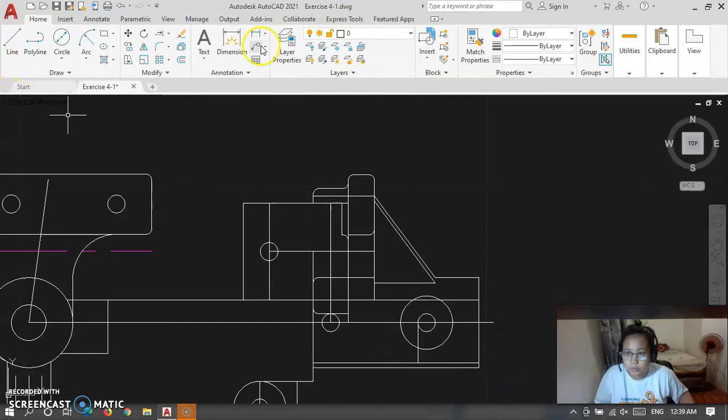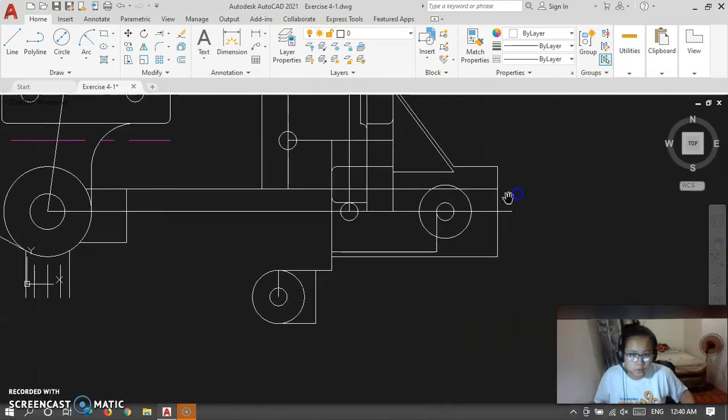And then we will trim this line. So after that, we're going to connect this line, this to this, and we will use that intersection to create